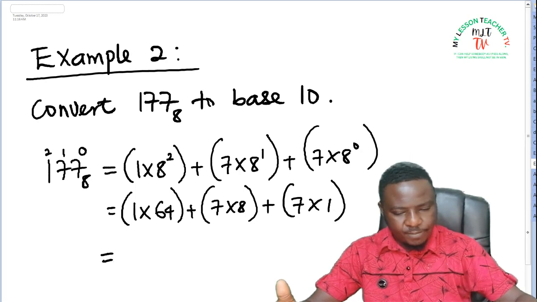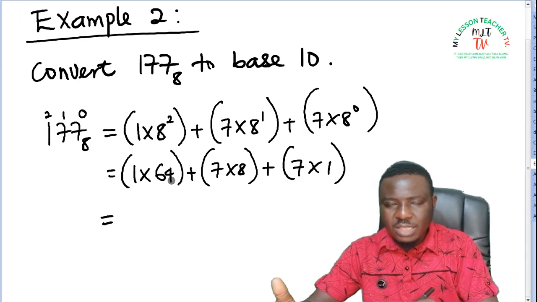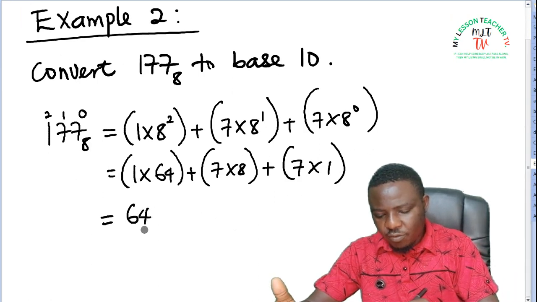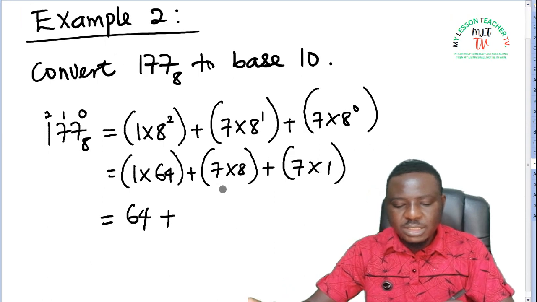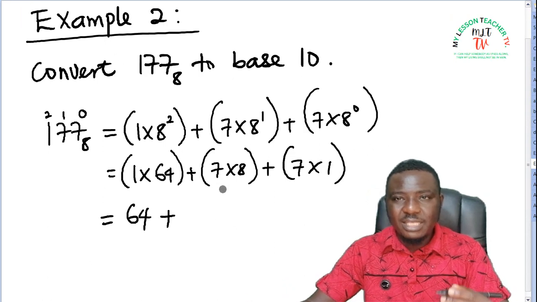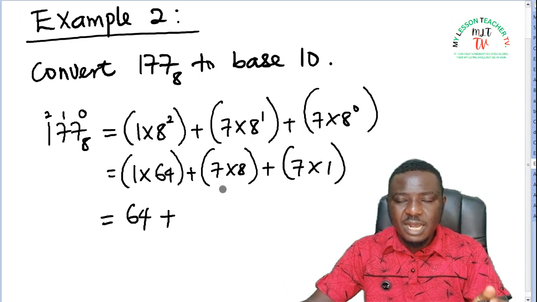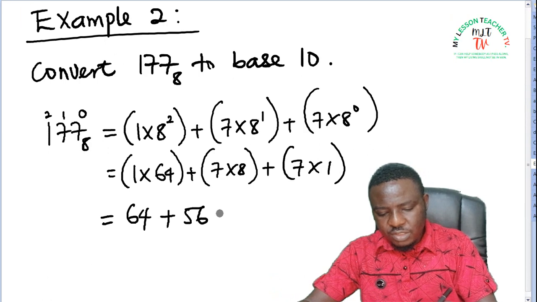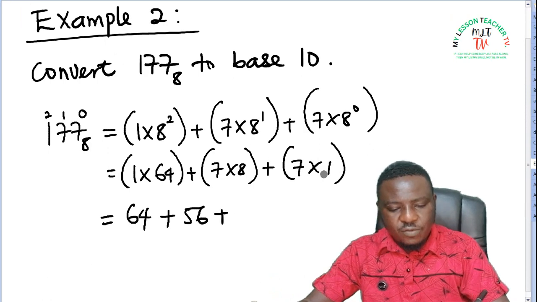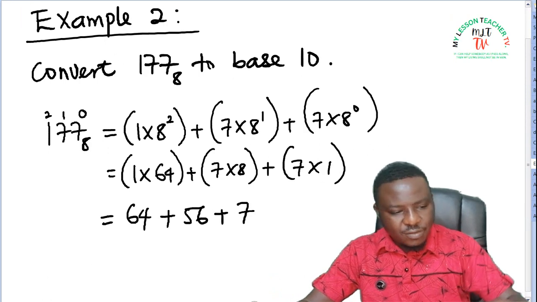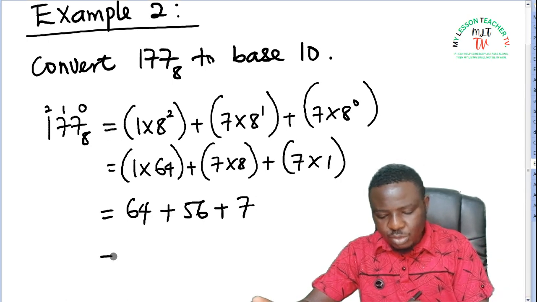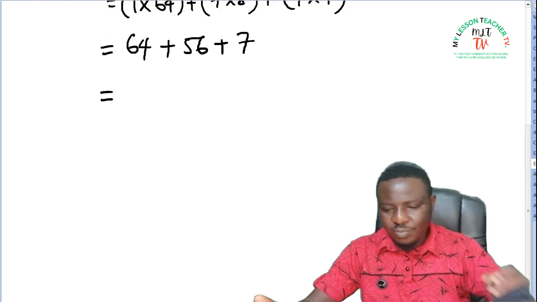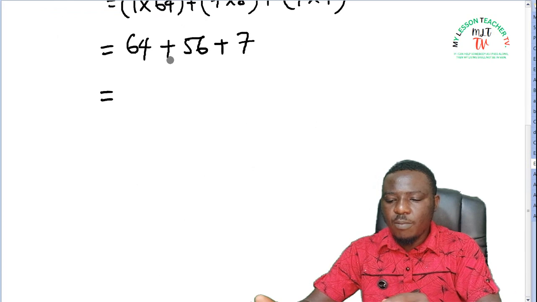Simplifying this further, this gives us 1 times 64 is 64, plus 7 times 8 is 56. I know that 7 times 7 is 49, and 49 plus 7 is 56. So this is 56, plus 7 times 1 is 7. So when you sum this up together, 64 plus